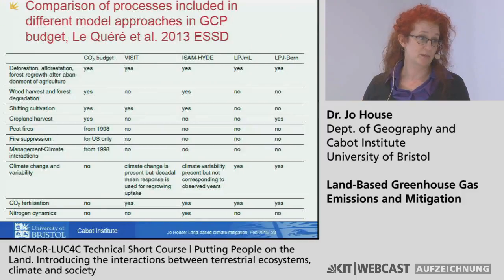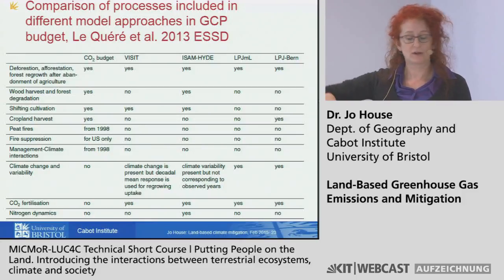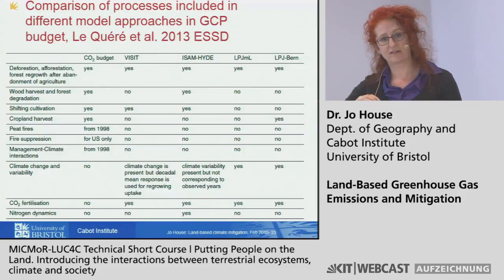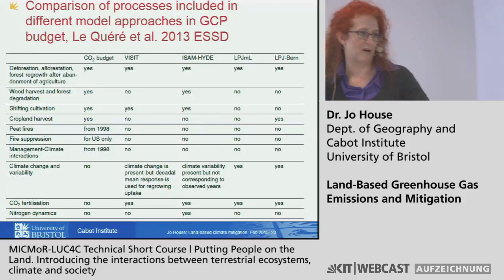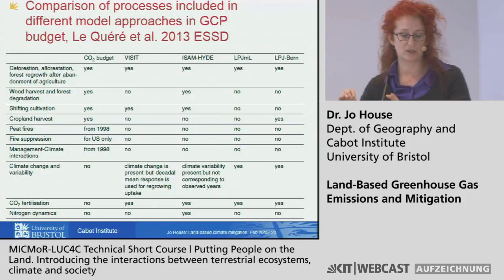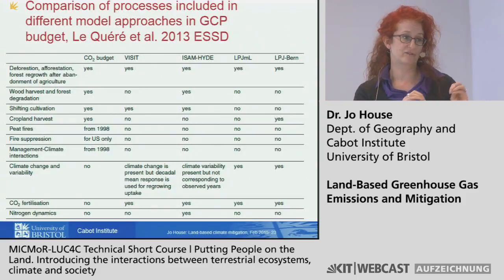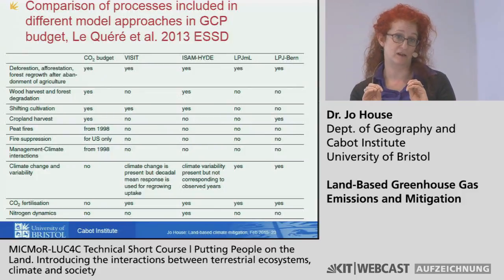The Houghton bookkeeping model is a sort of accounting model where he looks at land use change and then uses growth and decay curves from the literature. So you say this area is changed, and this is my growth or decay curve, and so this is what I expect to happen to my carbon over time. So it's a accounting budget, and it doesn't take account of the transient changes in climate and CO2.